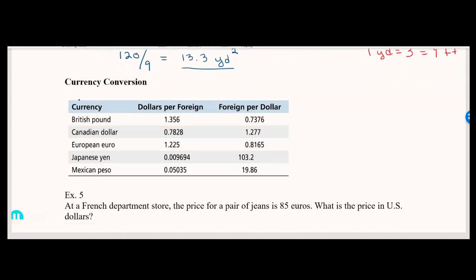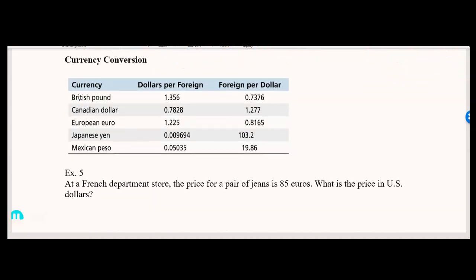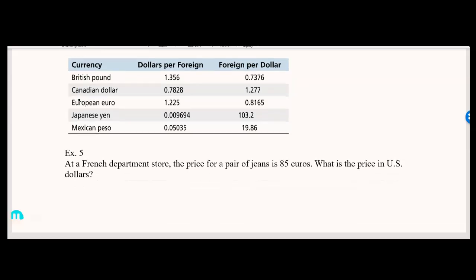Now let's have some fun with some currency conversion. Now this is just a table. If you ever look online at currency conversion, it changes constantly, sometimes daily, sometimes even several times for the day. This is just a little snapshot, and we're just going to use this chart to help us solve a couple of these problems. So let's go down to example 5, and it says,